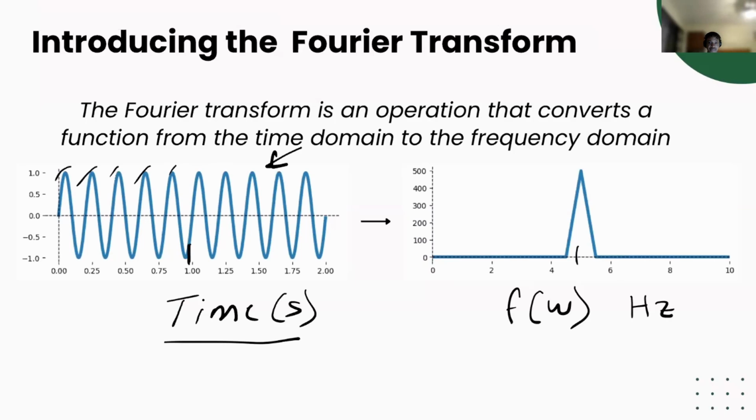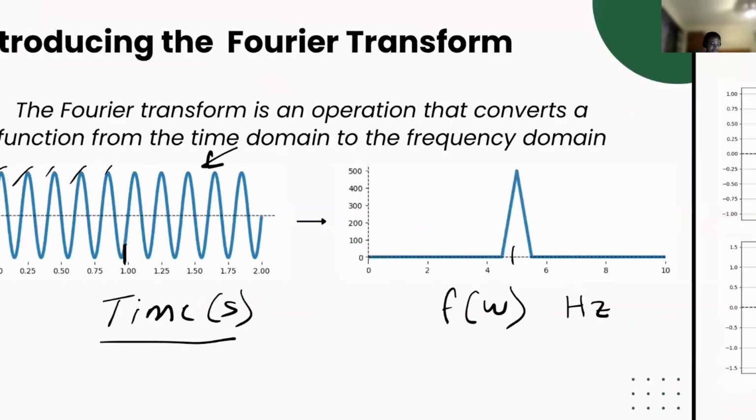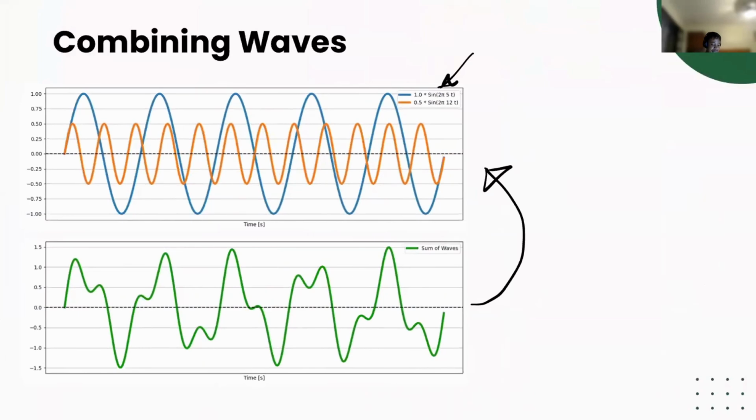How is the Fourier transform related to the Fourier series? In fact, it is pretty much the Fourier series. It's just a special case of the Fourier series, but I won't really get into that. They are closely related. So what is the use of the Fourier transform? It's exactly as stated. It's to take a complicated wave that looks like this and translate it back into its frequency components.